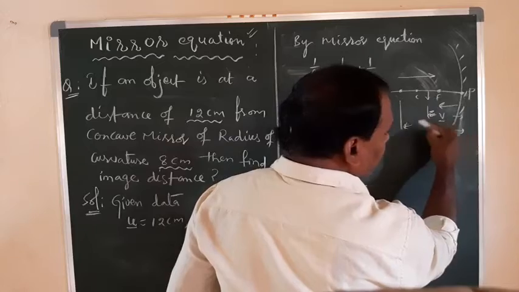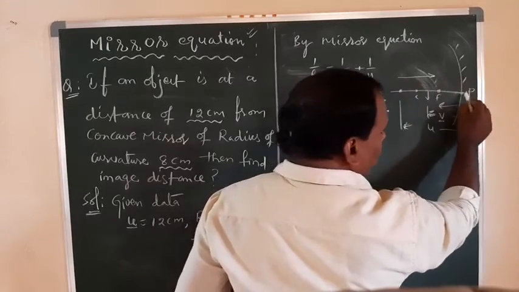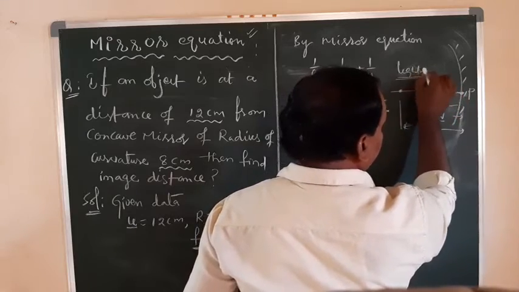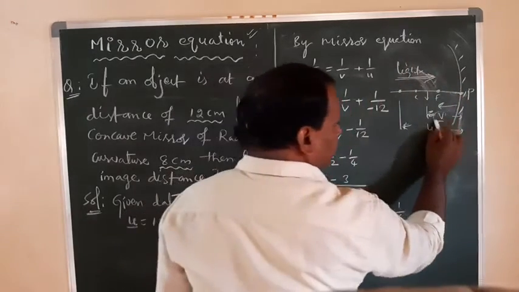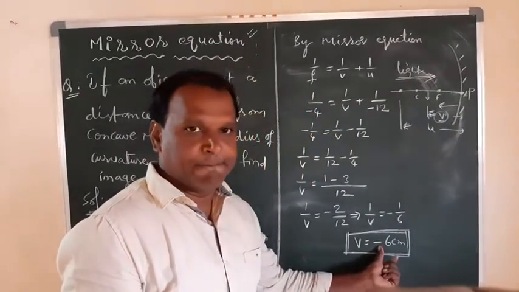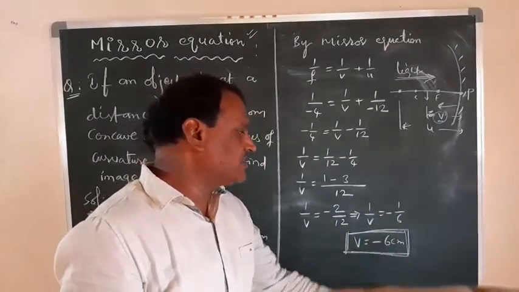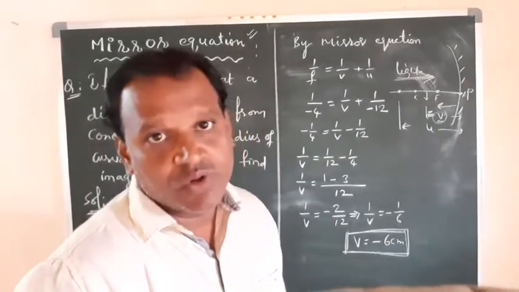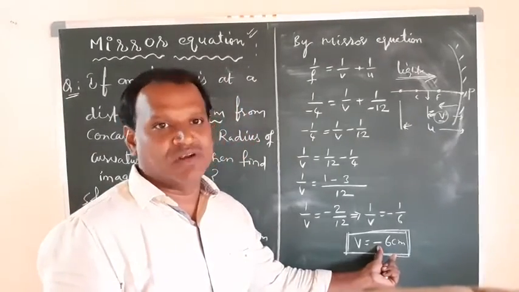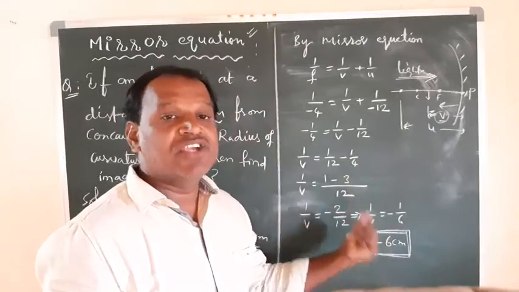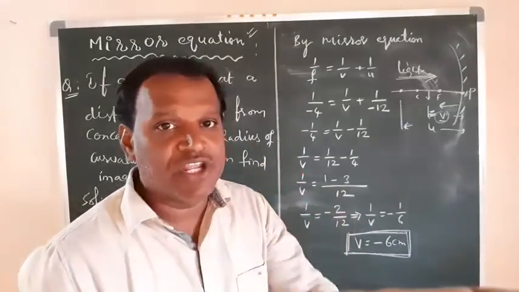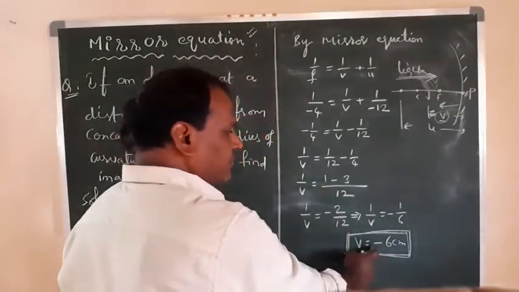We got v as negative. Negative means it is measured to the left side. From the pole we are measuring left side, and the ray is propagating right side. The light direction is right side, right? Because of that we are having a negative value. So minus 6 centimeters is the value, and here minus represents, don't think that it is a negative value less than 0 or less than minus 1, not like that. It is a direction, sign convention. The magnitude is 6 only from the pole, but it is opposite direction of ray propagation. So that is the meaning of this, right?